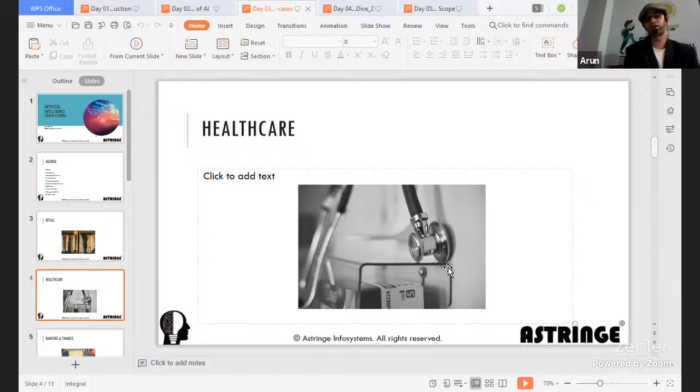AI is the life-saving thing for healthcare, particularly. Suppose you are trying to predict whether a person has cancer or not. Without AI, what used to happen is that you physically go to a diagnosis center, get scanned, and the diagnostic person would verify manually or algorithmically, and then give you the results.